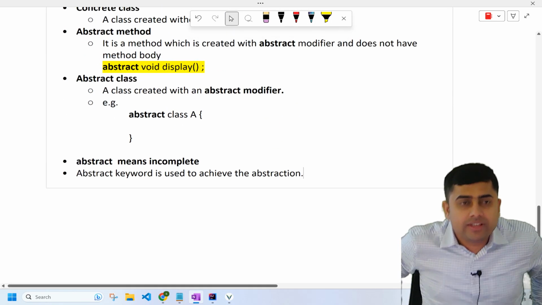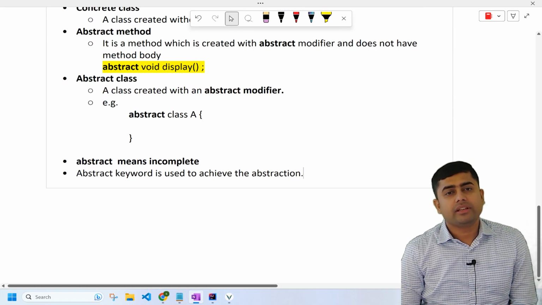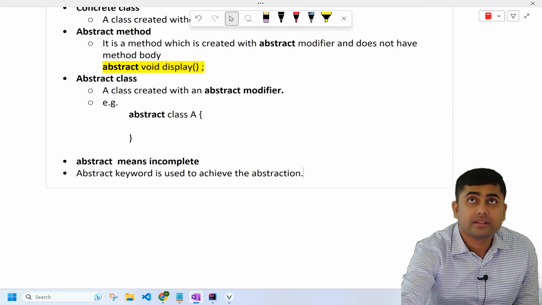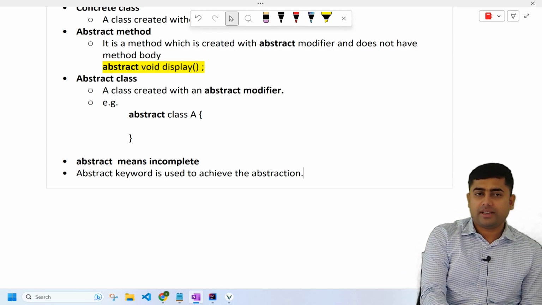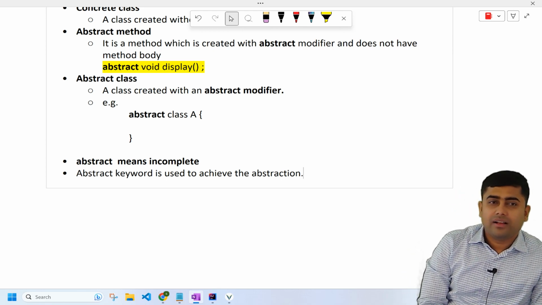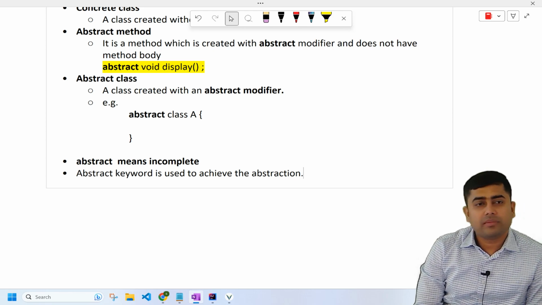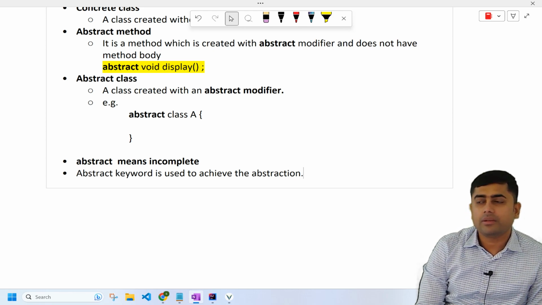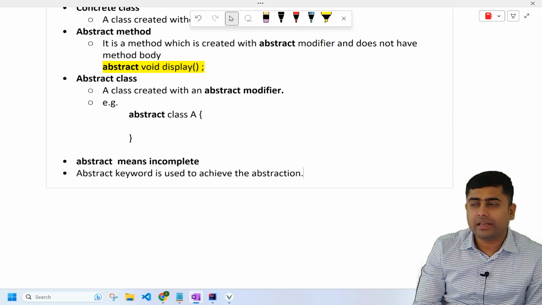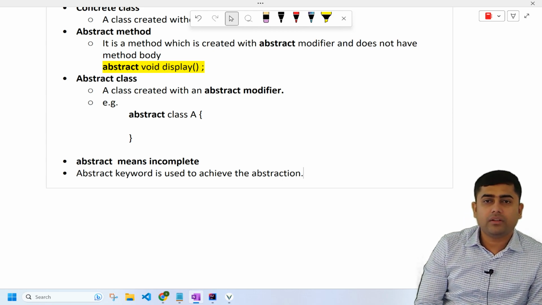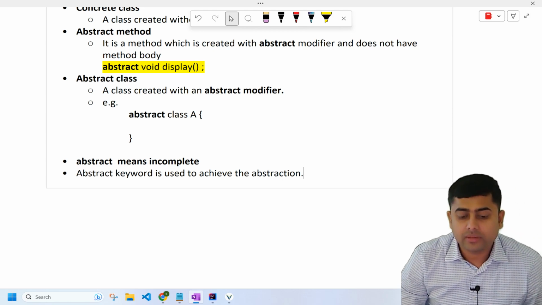What does abstraction mean? I told you abstract means incomplete. Abstract means incomplete, then what do you mean by abstraction? Abstract means incomplete and abstraction means keeping something incomplete. Now I will tell you two or three analogies and you will understand the meaning of abstraction. So abstraction means